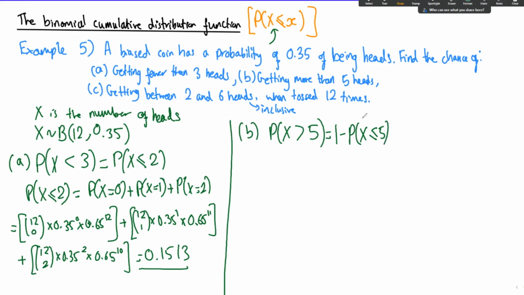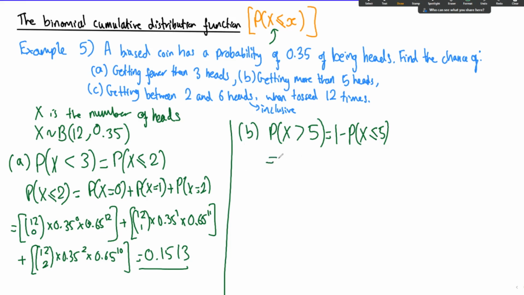But now we've got it into this form. And the reason we've got it into this form is that you can put it into your calculator or use a binomial table to figure it out, but you need to have it in this form to figure out that value. So the way you can figure it out on your calculator and binomial tables, I'm not really going to go over, but I am going to link some videos in the description which will do that for you. So if you don't know how, quickly watch those videos, and then you can come back and you'll understand how I'm getting these values. So if I put this into my calculator,